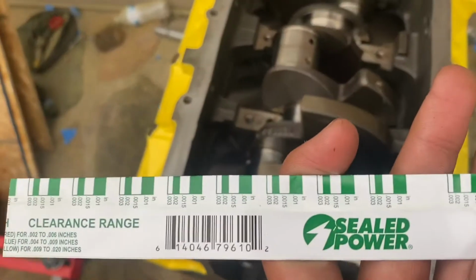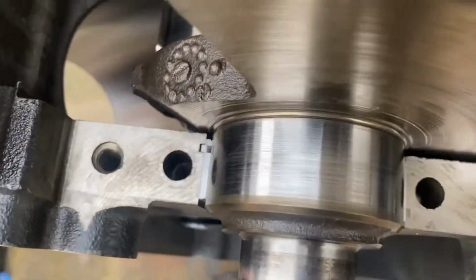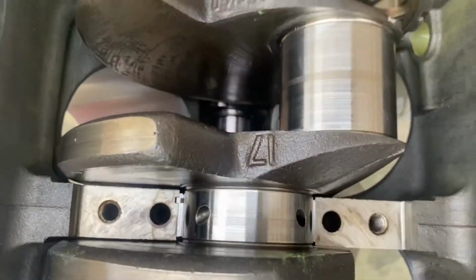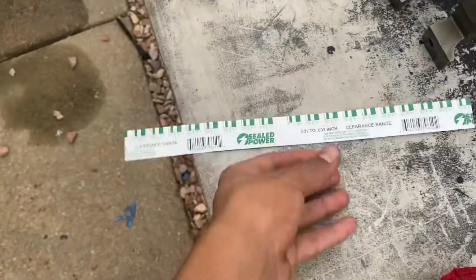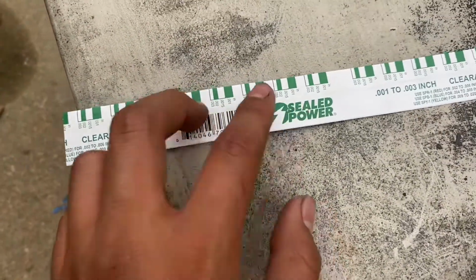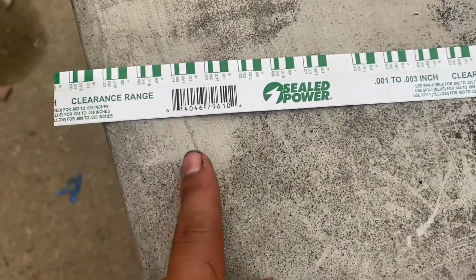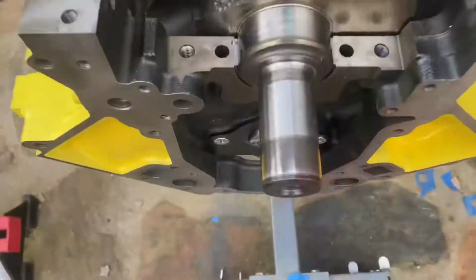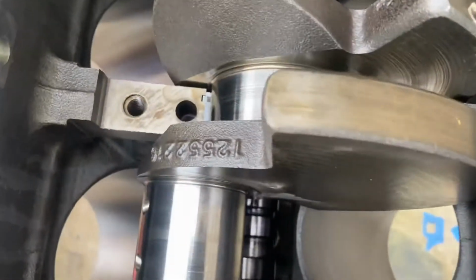You can get it from Summit. Put the plastic gauge on where the main bearing caps are gonna go. And then after that, put the main bearings on. Obviously, the main bearing caps on. So what I'm gonna do, I'll go ahead and do right now. Take out the wax that's inside, and then cut it to length for each main, and put it in, and I'll show you guys when I'm done with that. All right, guys, you can see I got the plastic gauge in there,